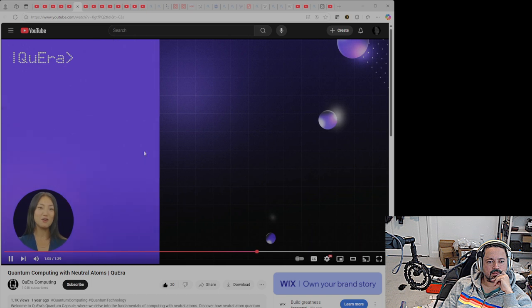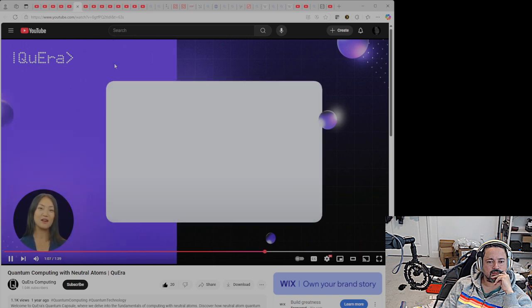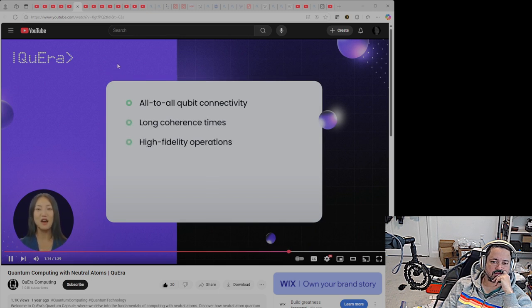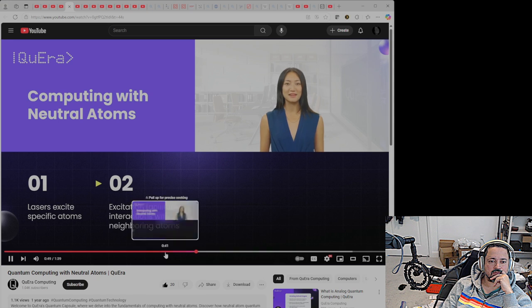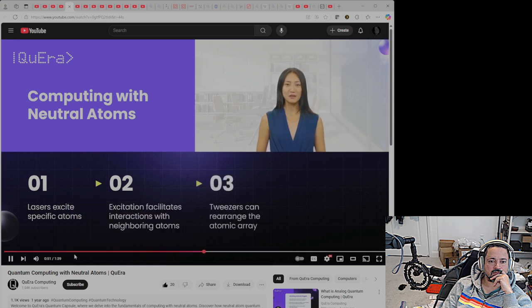The design of neutral atom quantum computers, characterized by their all-to-all qubit connectivity, long qubit lifetimes, and high-fidelity operations, offers significant advantages. These include scalability to systems with many qubits, the ability lifting them into higher energy levels. This excitation triggers interactions between neighboring atoms. The optical tweezers also allow for moving these atoms during the computation process